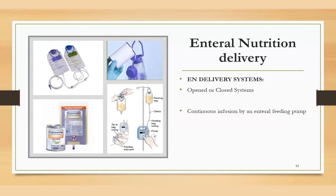The other methods are the methods of giving nutrition to the patient. It could be continuous infusion, cyclic feeding, or intermittent or bolus feeding. The continuous infusion by an enteral feeding pump is usually used in hospitalized patient because of the lower risk of aspiration compared with the bolus feeding. It's a risk factor with enteral nutrition that aspiration pneumonia could occur. But in those patients where there is an increased gastric residual volume, in that case you will prefer to use